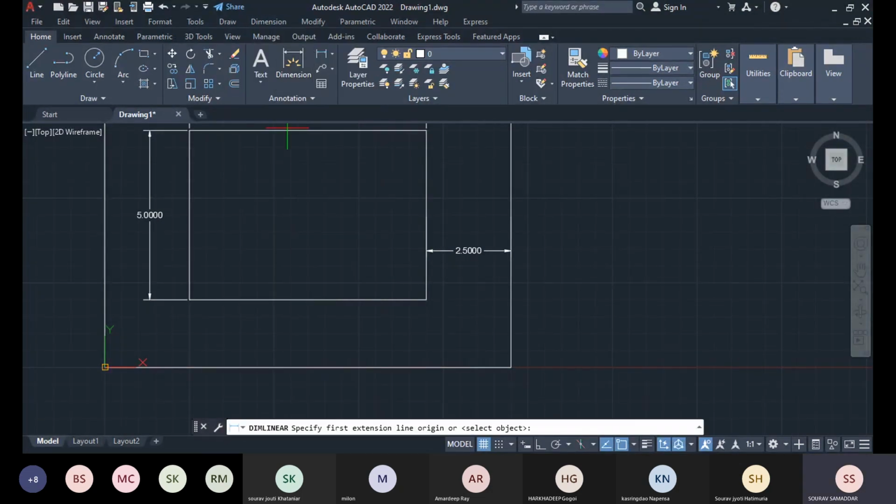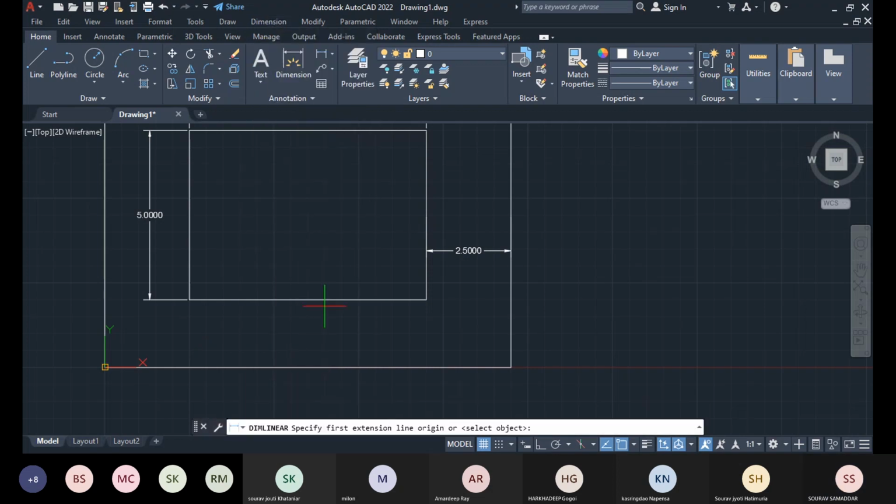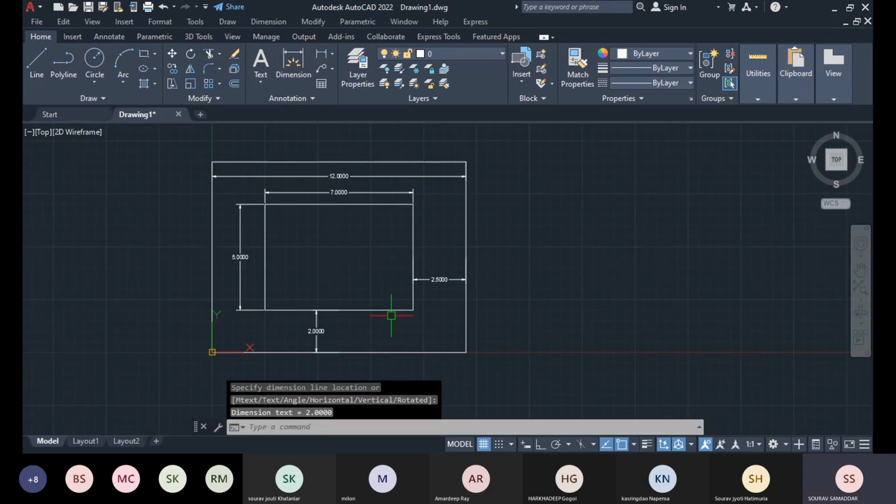Go for the linear dimension. Okay, click on this point. 2.5, 2. See,